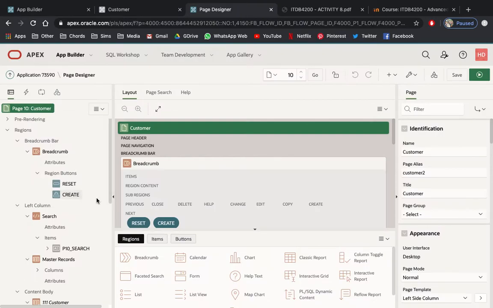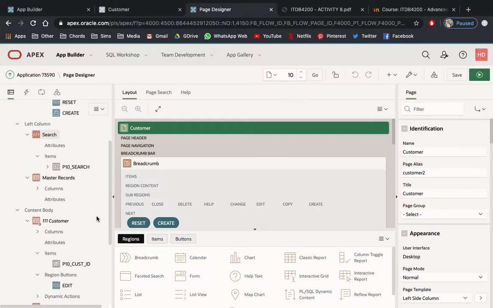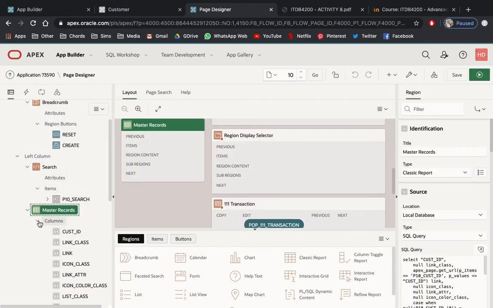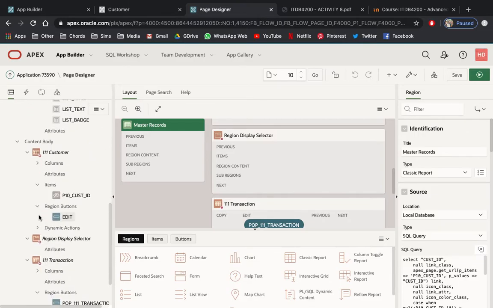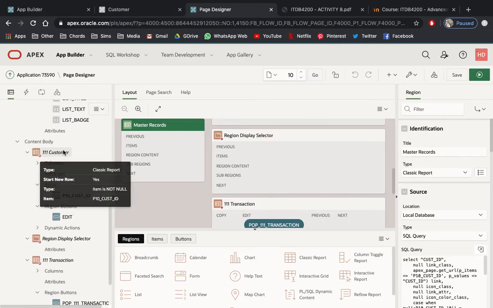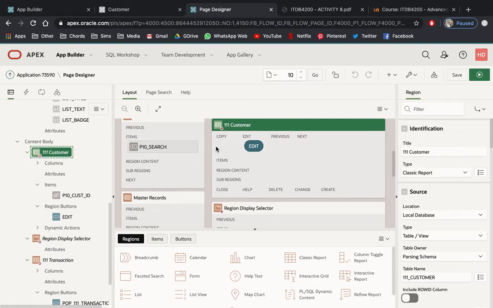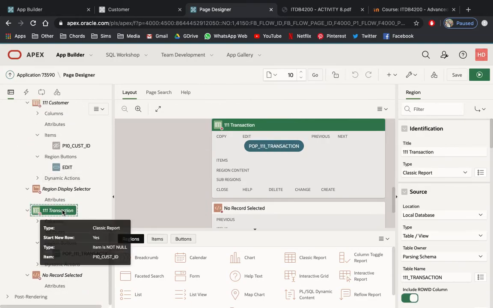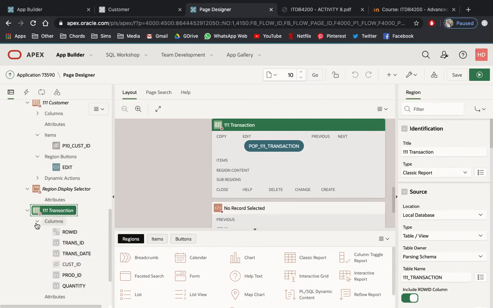From your page designer, you can see that the definition column would be your master record, so that would be your region. The content body would be the customer, which is the information of that region, and each one of the transactions is mentioned there. So this is what we need.